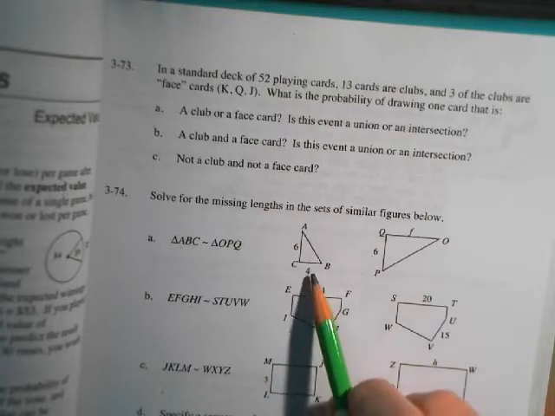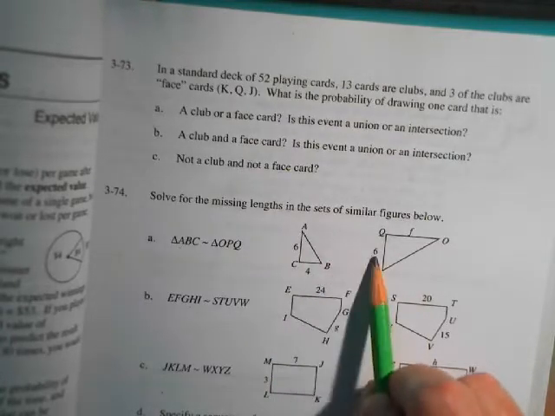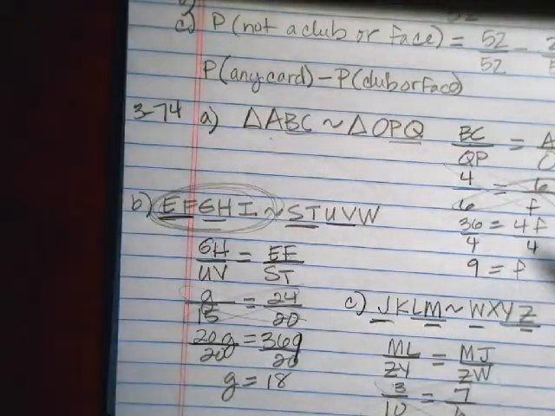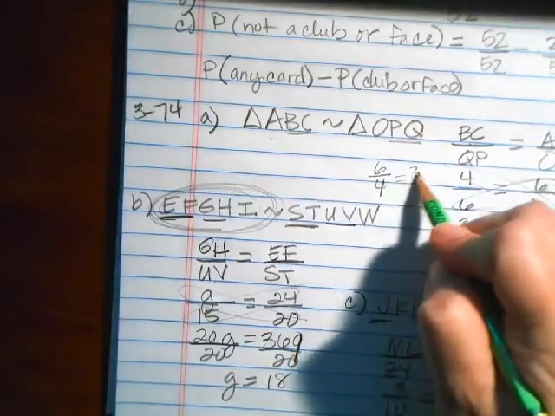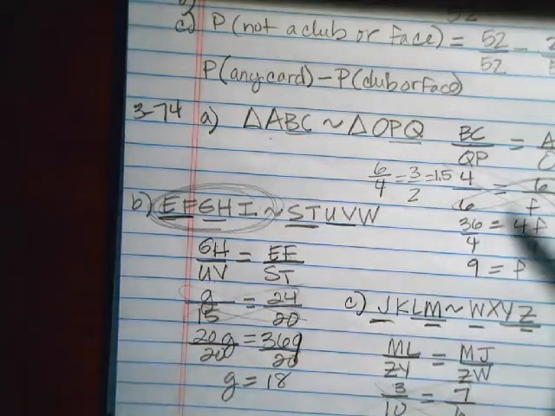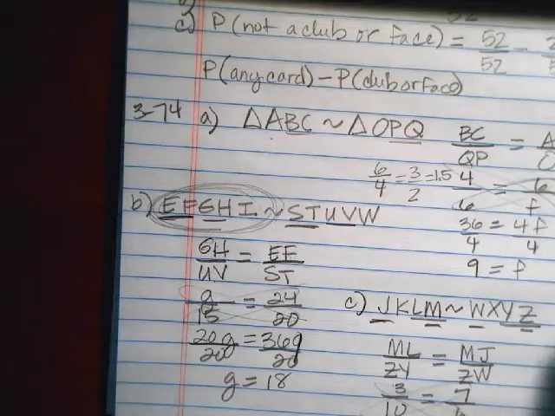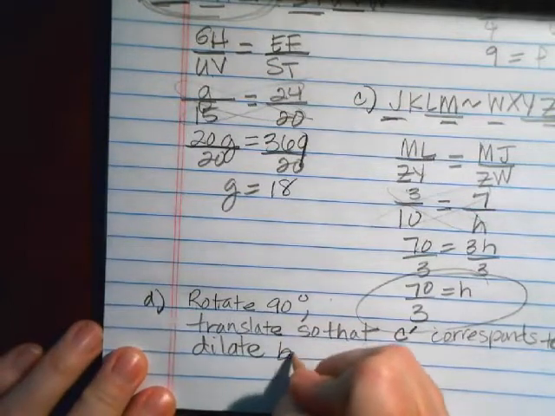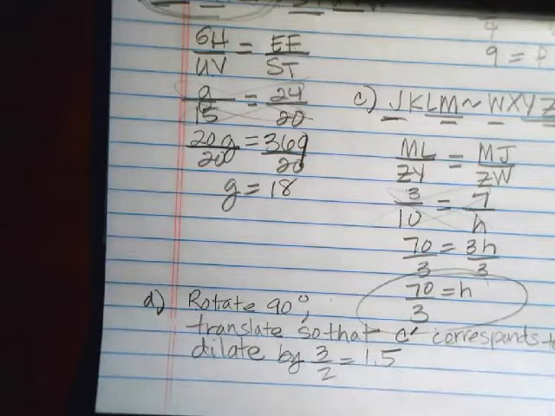So if this is going from 4 to 6, that's increasing by 1.5, and you can see that in the scale factor right here. If I were to look at 6 divided by 4, that would be 3 over 2, which is 1.5. If you looked at it the other way, it would be 2 over 3. So the scale factor is there in one of your ratios. So I'm going to say dilate by 3 over 2, 1.5. Okay,